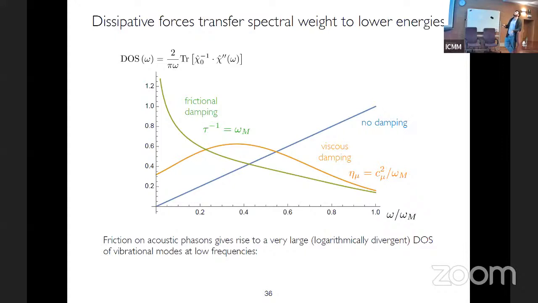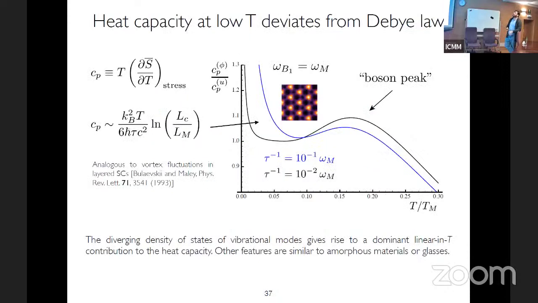And you have actually in 2 dimensions a logarithmically divergent density of states at 0 frequency. Okay, so what are the consequences for that? If you now compute the specific heat at constant stress, generically at low temperatures, you are always going to have a deviation from the Debye law. And this is just due to the fact that you have a finite density of states at 0 energy of